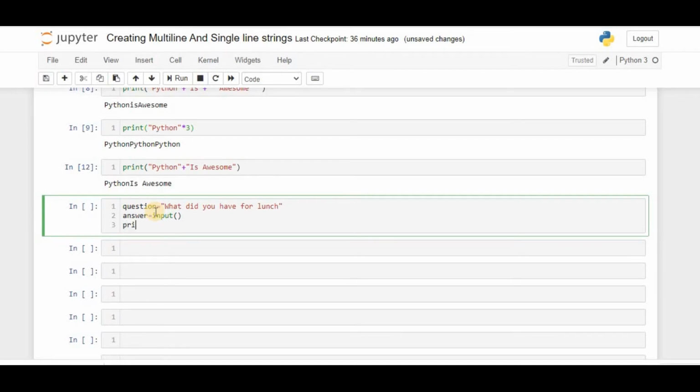So what will happen here is the print function is going to print "You had" plus the answer variable plus, in double quotes, because I'm giving string concatenation, so that is the reason I'm writing those many things.